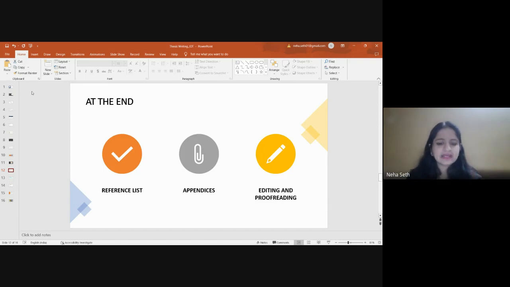Sometimes appendices include pieces of information which might not be directly related to your research, but which cannot be missed. If somebody wants to refer to the appendices, the tables or figures or whatever is required should be clearly available to the reader, and he or she can come and refer to the appendices to have a clear-cut idea. Now here your thesis ends with your appendices.